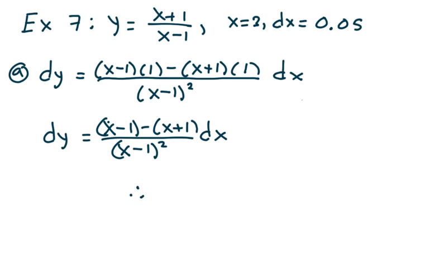And so therefore, dy is negative 2 over x minus 1 squared dx. So notice how the x's cancel, and negative 1 minus 1 is negative 2. So this is part A. Now, for x equal 2 and dx equal 0.05,